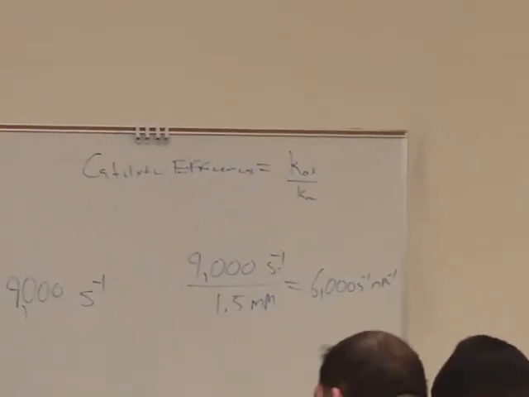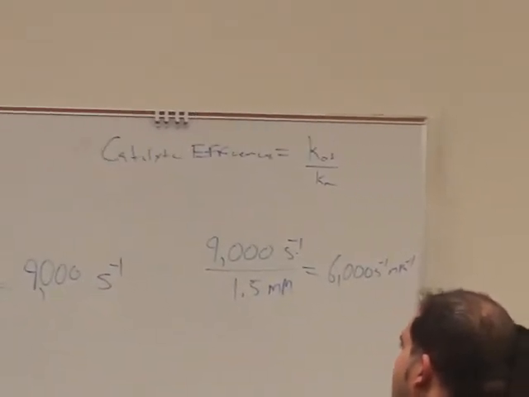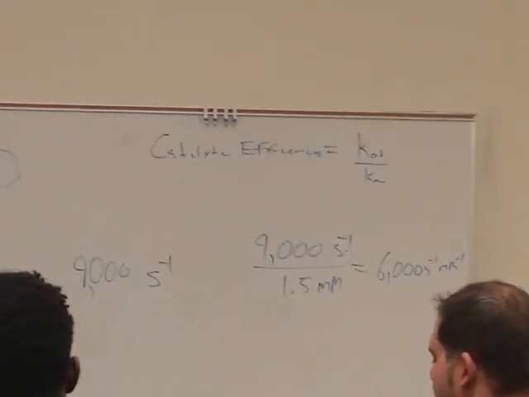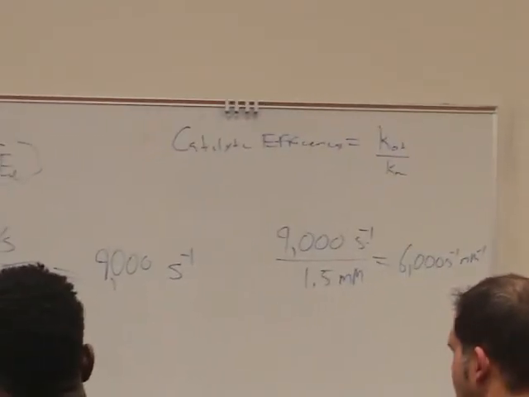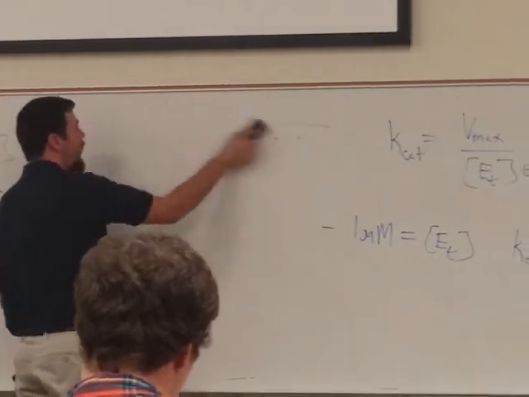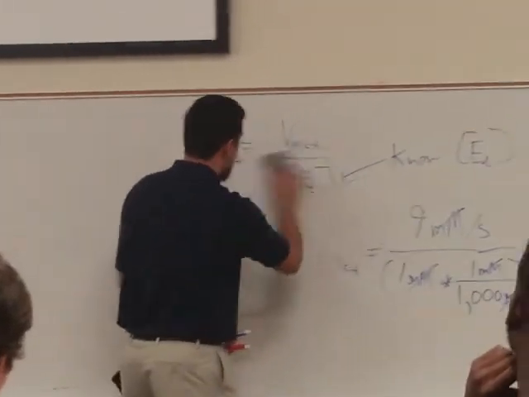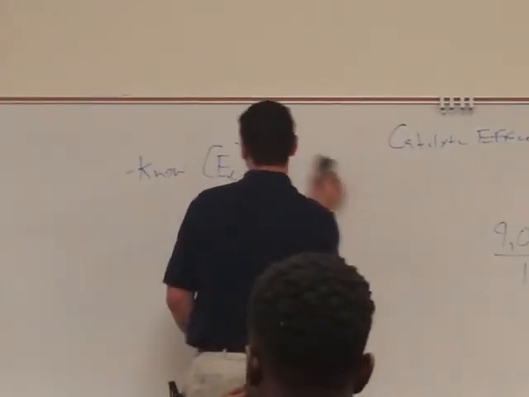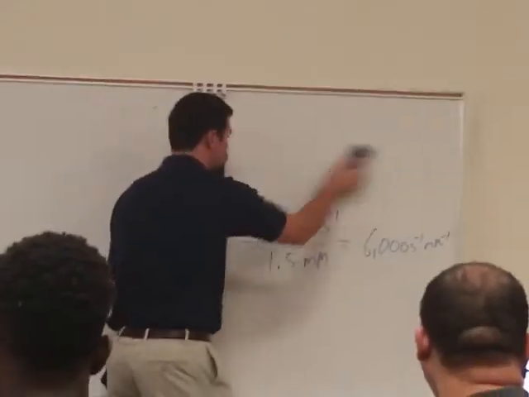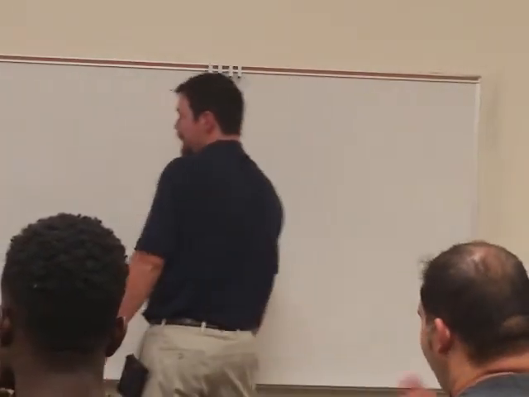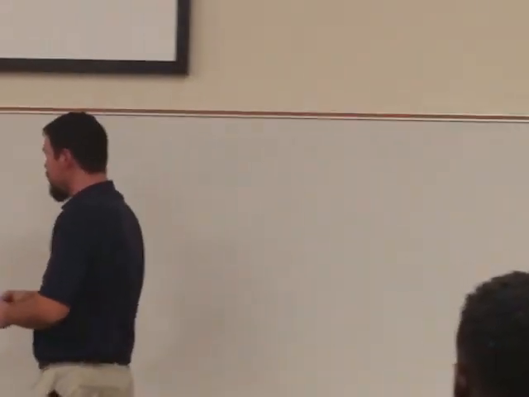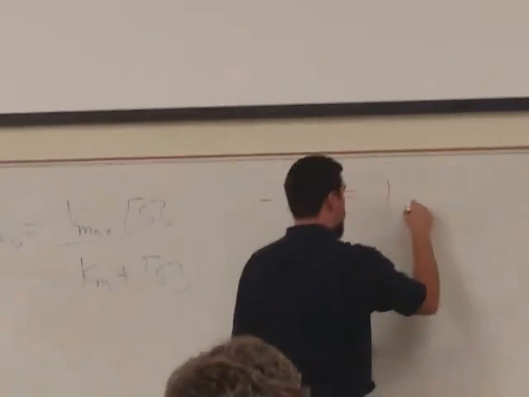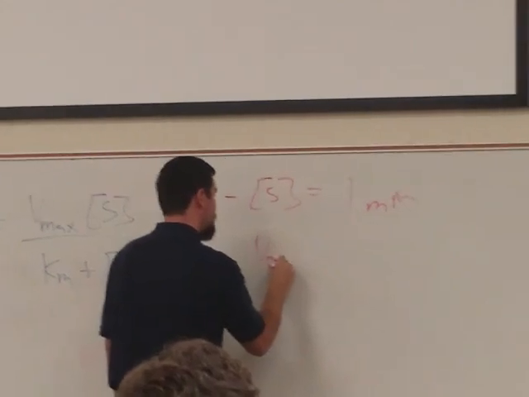Okay, so we've gotten through that. Now, the question is, how do I use that without all of this? You could ask a question, how do you use the Michaelis-Menten equation? It probably wouldn't be worded that way, but it's a question where you have to use what you know about the Michaelis-Menten to determine some value. So, for instance, a question could provide you that substrate concentration is equal to 1 millimolar, Vmax is equal